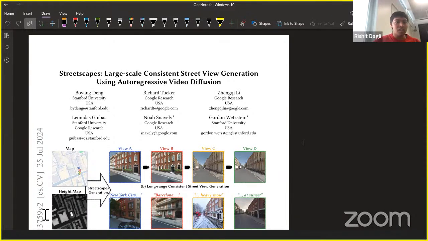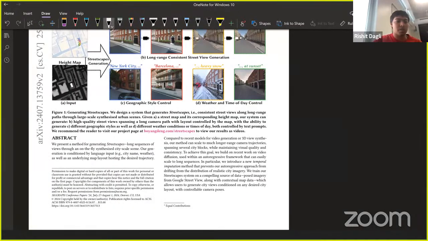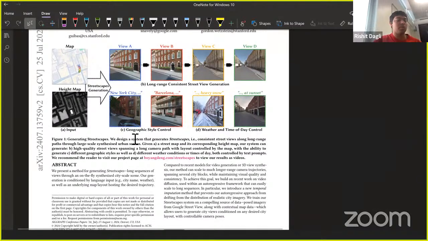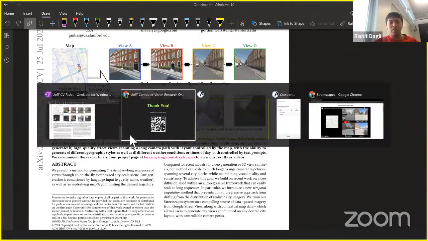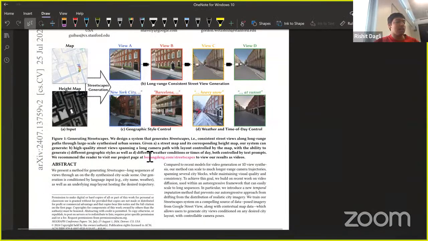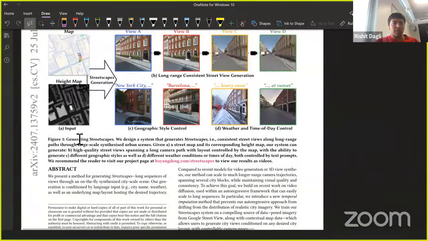So their problem is that you want to generate the Google Map style street views that you get. If you go on Google Maps, you always get the street view, and then you can go ahead or go behind and almost see a video from it. So they want to solve this problem, and the way they do this is you get a